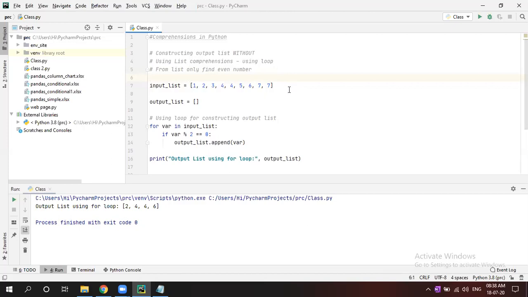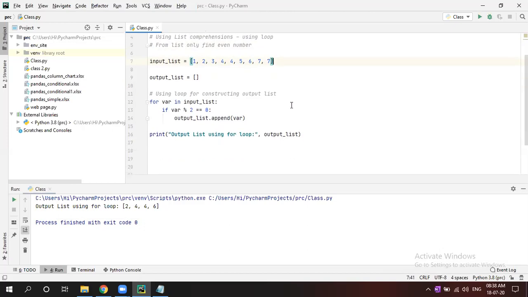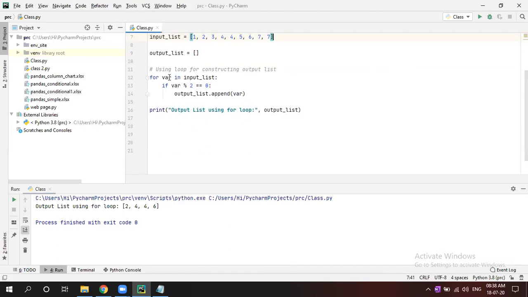So what you have to do? Let's say I have a list 1, 2, 3, 4, 4, 5, 6, 7. Now I have to segregate only the even numbers to another list. How to do that? So let's say this is the list. Now I have an output list which is an empty list. Now I have to add here the even numbers 2, 4, 4, 6. As you know, you have to use a for loop. From the list, 1 by 1 it will come. Then divide by 2. If it is equal to 0, then append into the output list 1 by 1. Let's say first time 1 came.